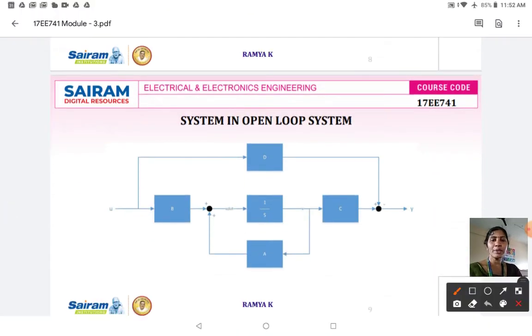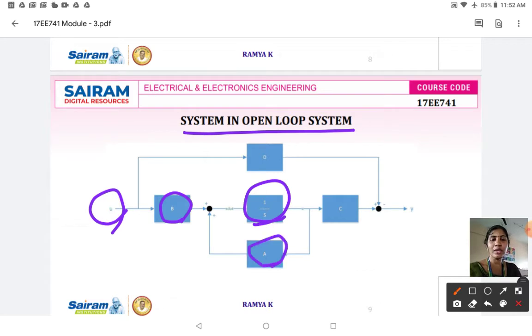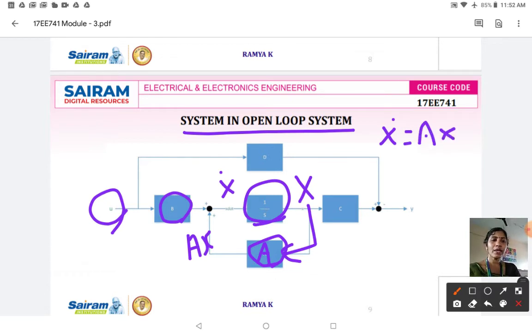So it is a simple system that causes an open loop. So here you have an integrator and it is your input. B is the gain and A is also a gain. So here you will get X dot. After X dot, if you use an integrator, here you will get X. To this X, if you connect a gain A, you will get AX, because the state equation is X dot is equal to AX plus BU. So for this particular equation, the state diagram is shown over here.